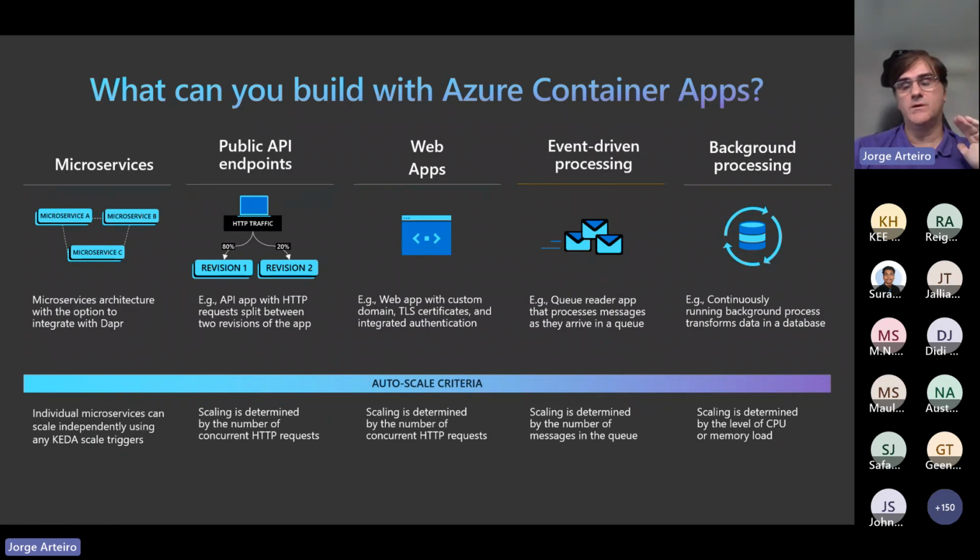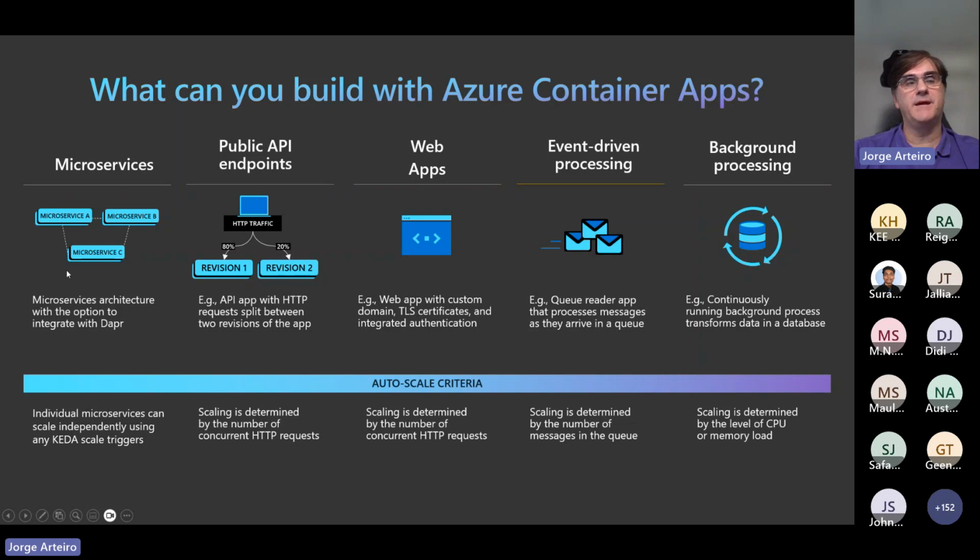And you use Container Apps for microservices, because it's easy for those microservices to talk using Dapr. And Dapr allows that safe communication between those microservices using mTLS, multiple certificates, and TLS.